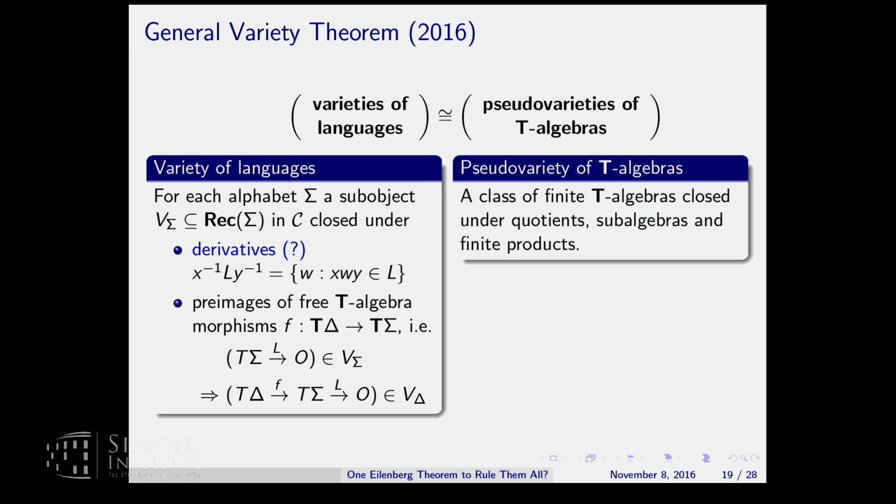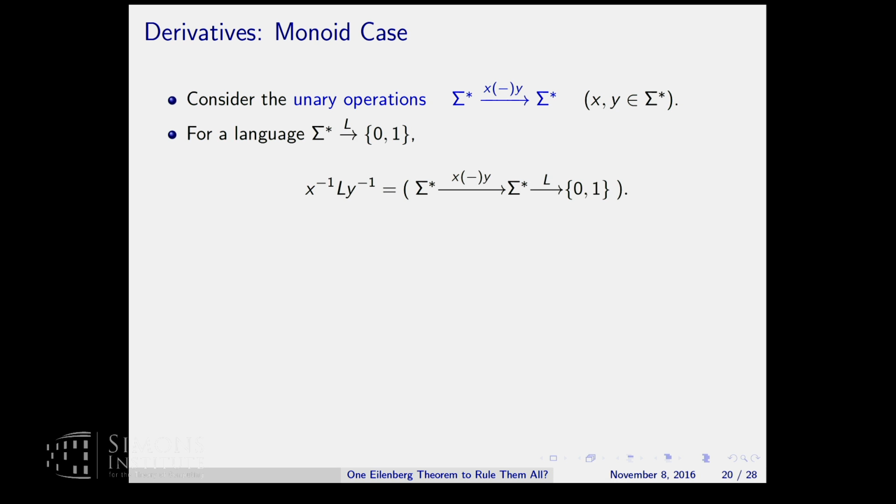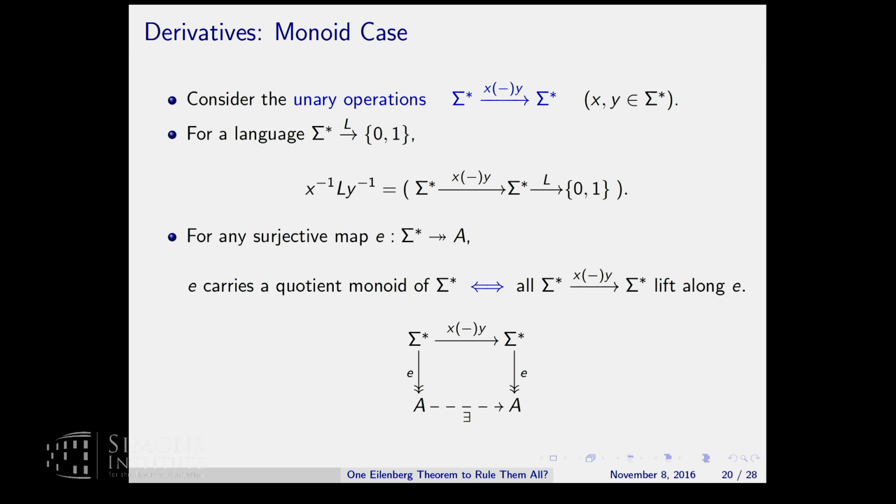So let's look at the classical Eilenberg theorem again for a while. There we have these derivatives on both sides, and they correspond to unary operations on sigma star given by words or single letters composed on both sides of a word. And now the language derivative of L is just given by taking L as a predicate and composing it with the unary operation. Something similar is what we need. And then the important observation here is that from these unary operations, you can actually recover the monoid structure